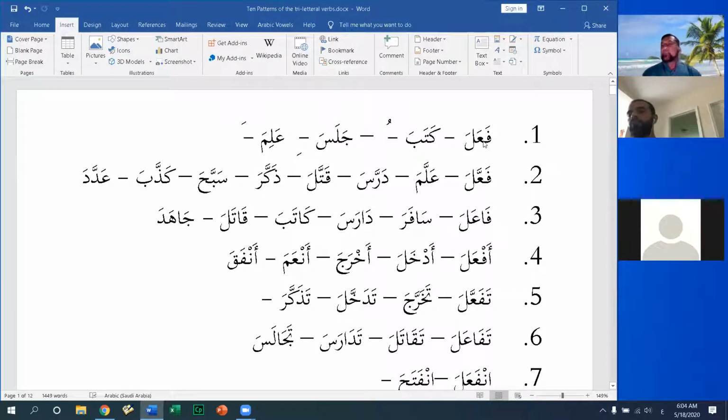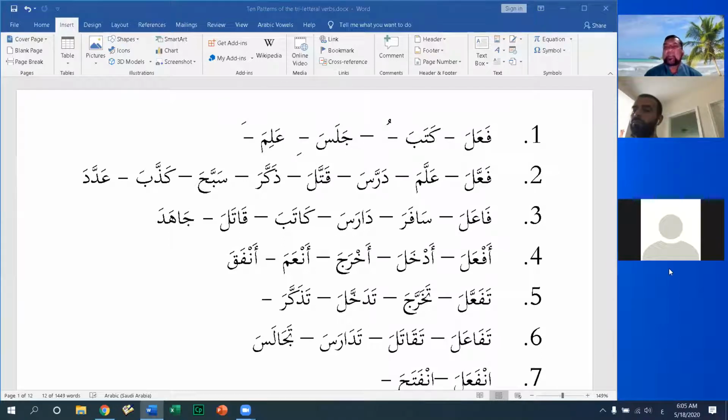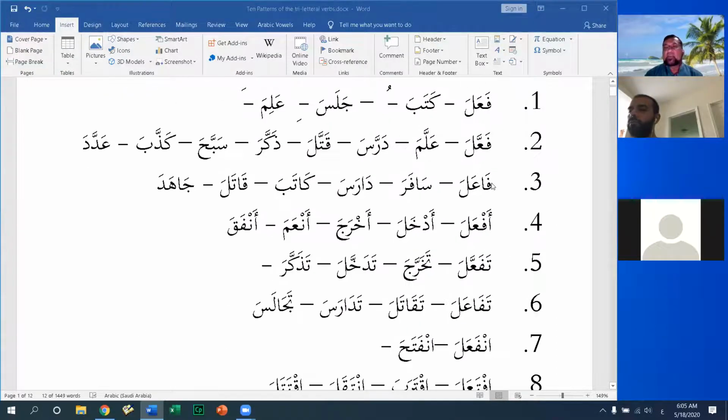And I'm going to continue today's lesson under the presumption that everybody understood, even if you haven't memorized all the patterns. Is there anyone who does not understand the patterns so far? Not necessarily remember them, because you'll remember them by practice. They'll become second nature, where you would be able to conjugate verbs without thinking about it. I'll introduce to you the next 9 patterns of what we call the trilateral verb.